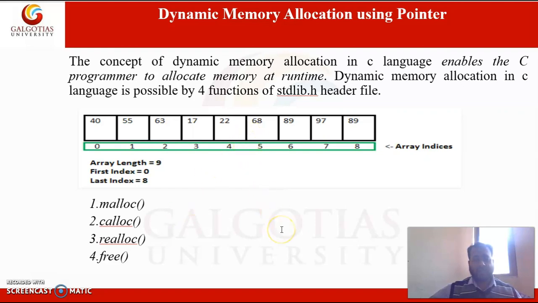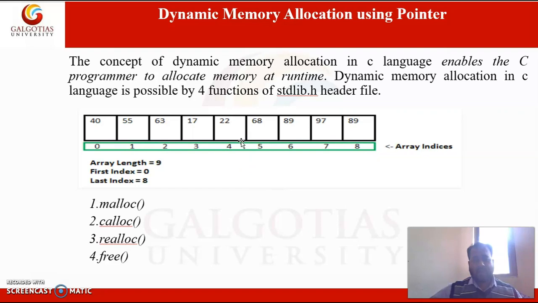Here in the figure we have a block in which we have an array of 9 elements. You can see the 9 elements here, initialized with some values.